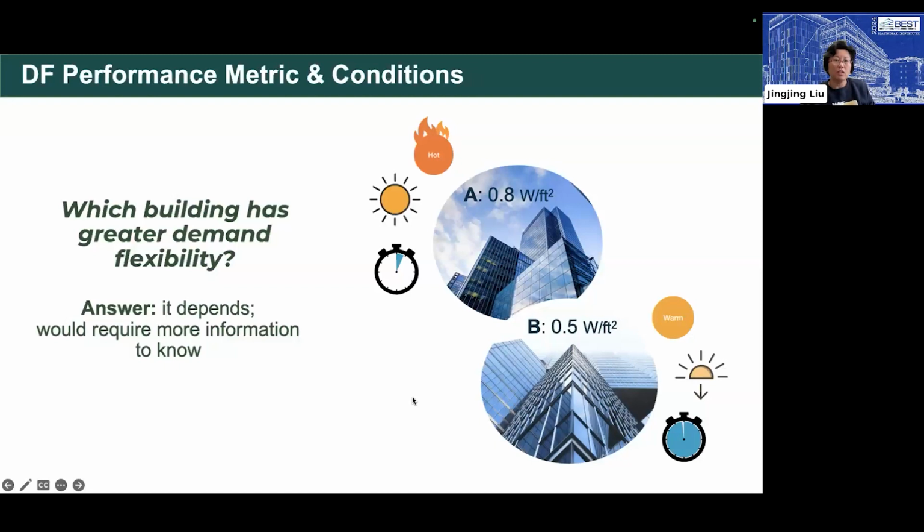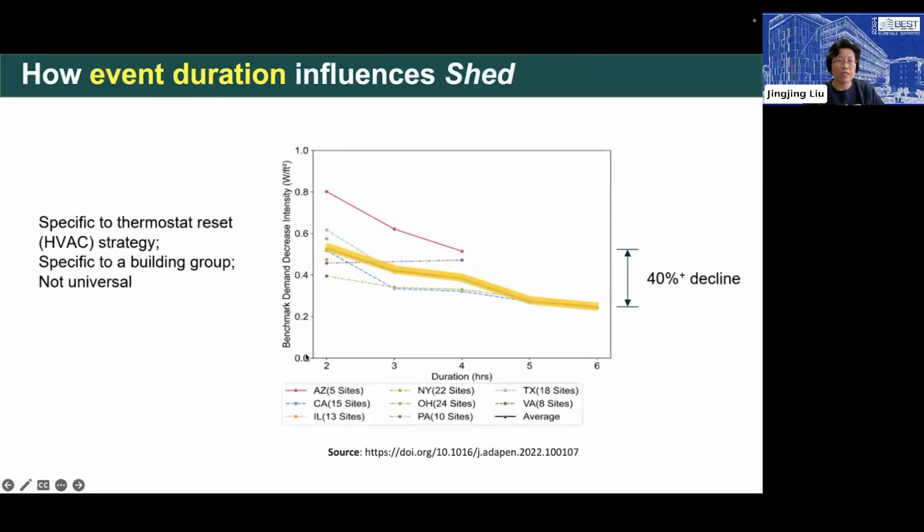So given what we just looked at, when we measure the building's demand flexibility metric on a particular day, in a particular event, it is important to capture under what circumstances or conditions that performance was measured, so that this kind of construct would allow us to do trend and correlation analysis. So I'm going to show you an example. Using this approach and framework, we have